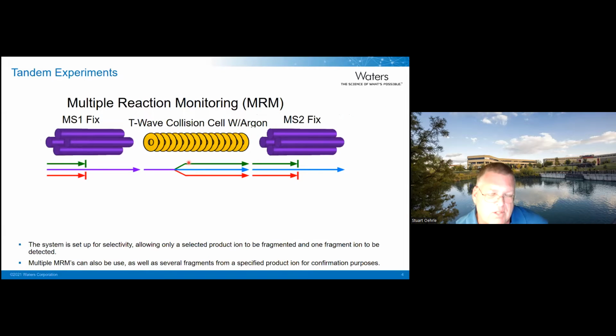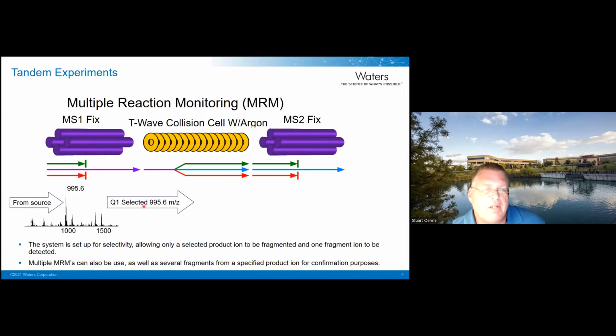So for example, microcystin LR, which is kind of one of the common ones, has a mass typically of 995.6, which is the molecular and protonated ion. So what happens is this mass spectrometer will let only that mass come in at that particular time. It selects only 995 into this collision cell with some argon in it. It fragments and shatters the ions, and you end up with a fragment ion in this case, which is mass 135, which is an ADDA fragment of the microcystin. And then you monitor that.